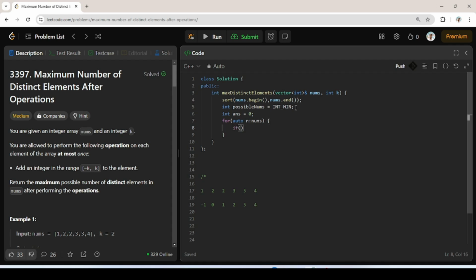Check the last possible number. Let me call it last possible number. So the last possible number is int minimum. The next last possible number will be last possible number plus 1. If it is less than or equal to n plus k, then I can always make last possible number